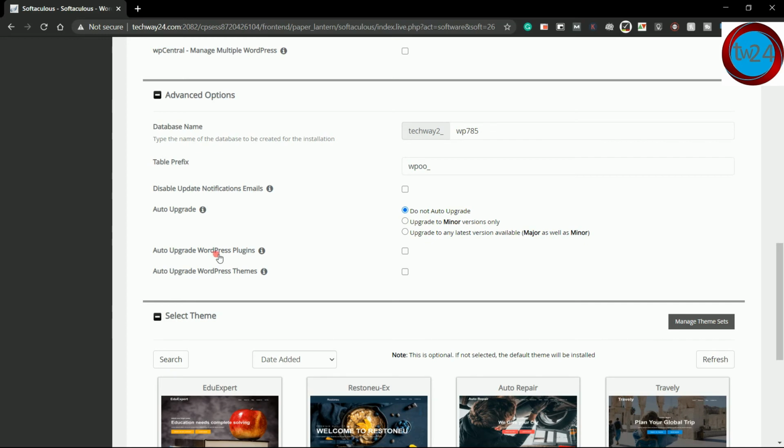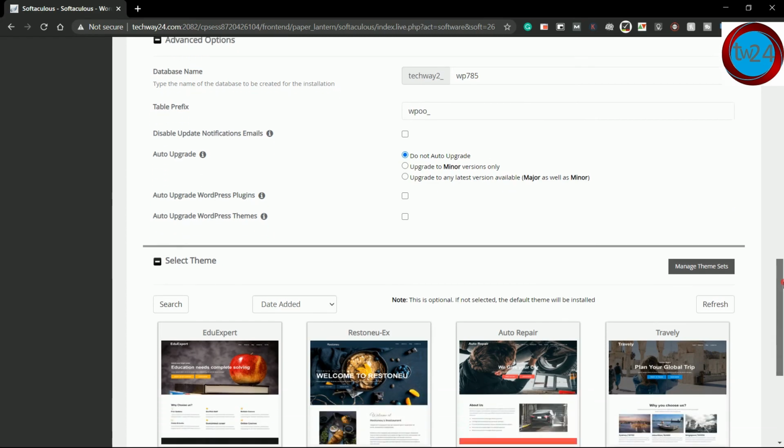Then under auto upgrade WordPress plugins, if you check this box, then all your WordPress plugins installed from this installation will be automatically upgraded to the latest version. Then under auto upgrade WordPress themes, if you check this box, then all the WordPress themes for this installation will be automatically upgraded to the latest version when available. So you can check it or uncheck it if you want.